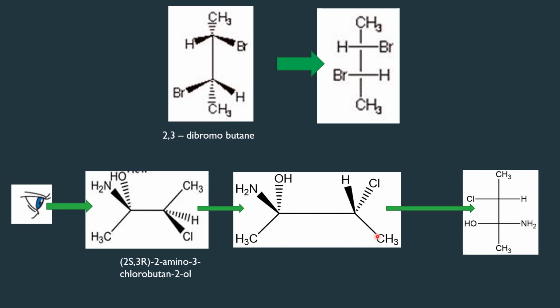The two groups which are going away are taken in the vertical line, methyl, methyl. And in the nearer carbon, when I view from here, I have OH at my left, NH2 at my right. So OH at the left and NH2 at the right. And when I view the molecule from here, the chlorine is at my left, hydrogen is at my right. Therefore, these groups are kept in the horizontal lines and these two methyl groups are taken in the vertical line.